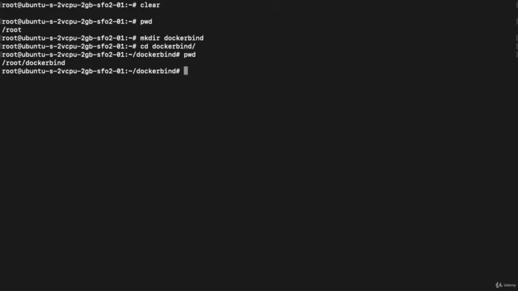Now suppose I want to start nginx, and I want to bind my current directory with the nginx working directory. So I need to execute the command docker container run -d --name, and I will call it nginx bind, right? --mount type=bind,source=$(pwd).